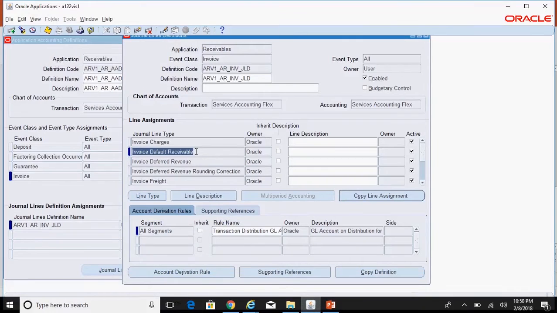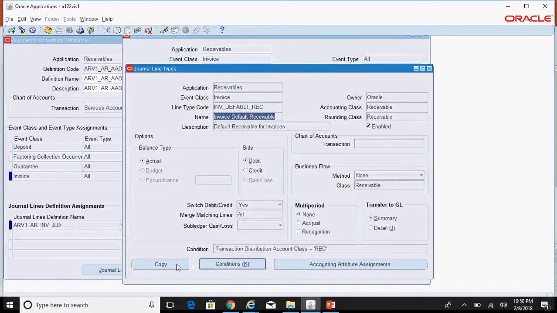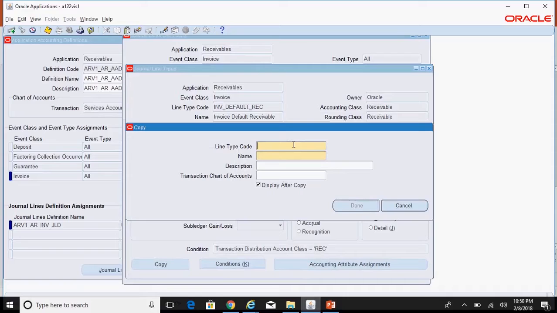So again, this is the general line type, standard general line type. So apart from the existing receivable account and revenue account, we want two additional lines to be created, one to be debited and another one to be credited. As far as the debit is concerned, you need to look for the invoice default receivable general line type. Click on line type, click on copy. So again, you are creating your own general line type.